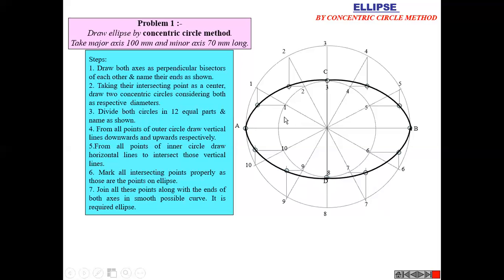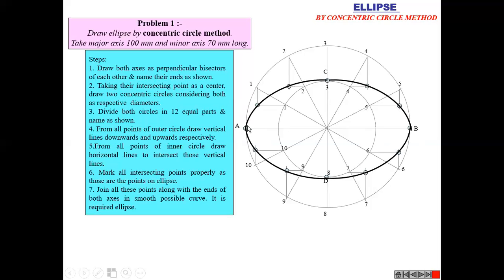Then from all points of the inner circle, draw horizontal lines to intersect those vertical lines which are already drawn. First intersection point here, I am getting point P1, then P2, P3, then this one. Draw from point 4 which intersects the previously drawn line, line 4. This is P4, P5. Not necessary to draw here because it is already a vertical line. Then from 6, from 7, 8 is not necessary. 9, 10 and this. And the last and most important part is we have to join a minimum of 3 to 4